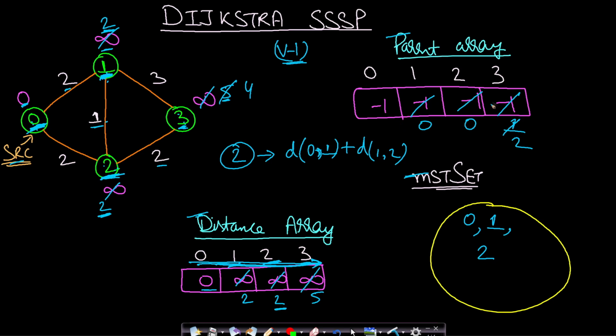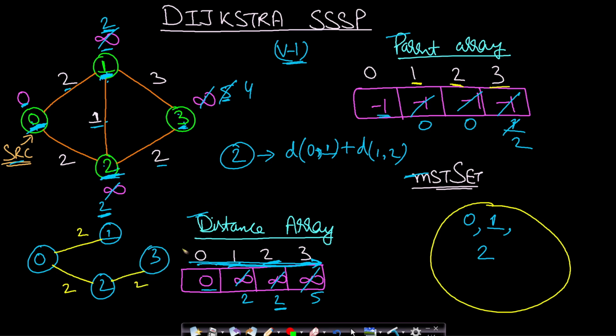Let us now make this entire graph. So 0 is the starting node, so this is 0. Let me just make the nodes. Okay, now once the nodes have been made, you can see that the parent of 1 is 0, its edge weight is 2. Parent of 2 is 0, its edge weight is 2, and the parent of 3 is 2. So this is the graph which we have got.